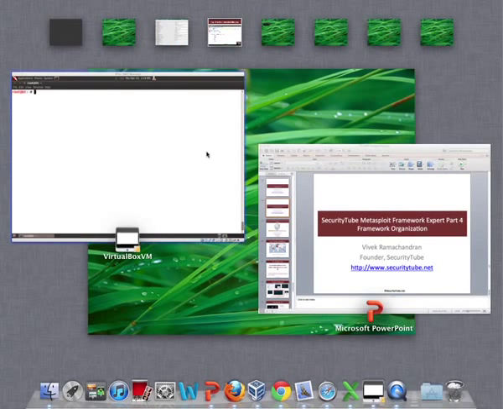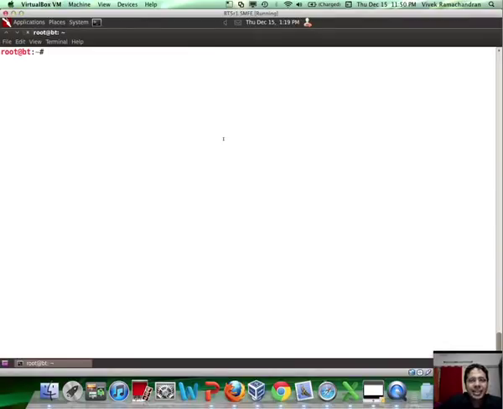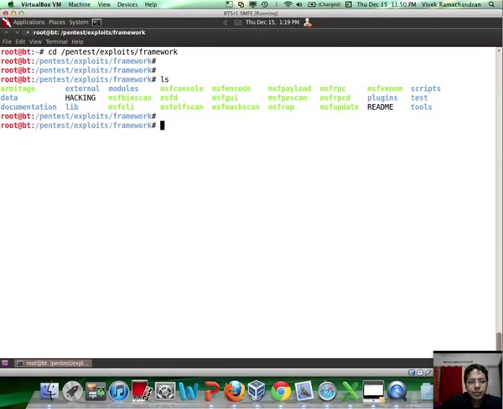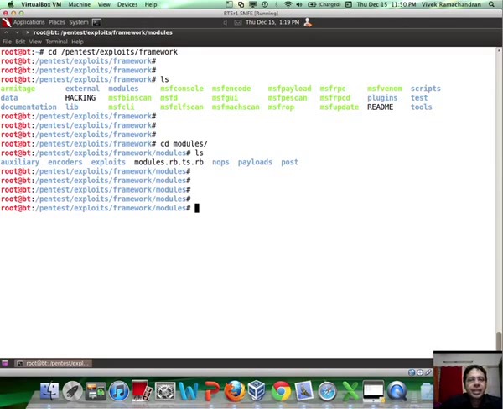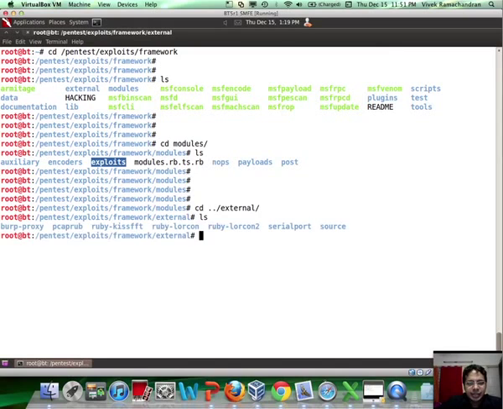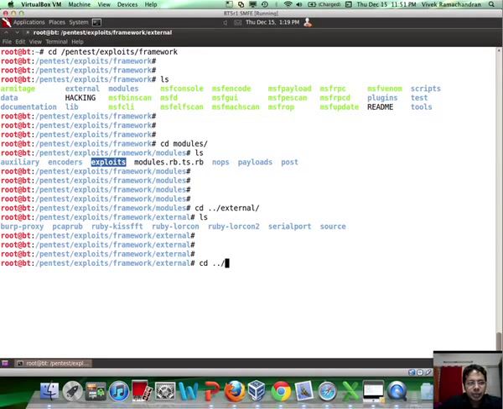So let's go to our virtual machine. To go to the Metasploit directory on BackTrack 5 R1, which is basically in pentest, exploits, and framework, when you do an ls, you see a bunch of directories and scripts. The modules directory is what contains all the different modules. Now we used auxiliary modules for port scanning and a couple of exploit modules. We'll come to more details on modules a bit later. Now the other interesting directory is external, and this contains a lot of external libraries and other things used by Metasploit. Then you have data,